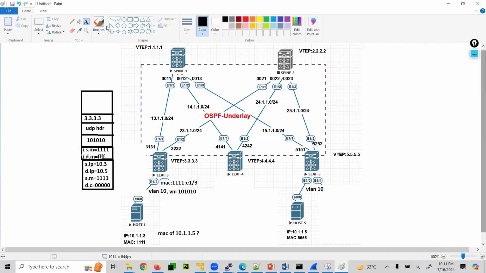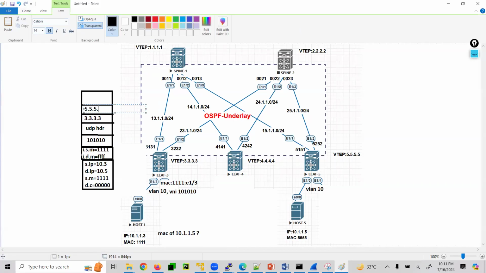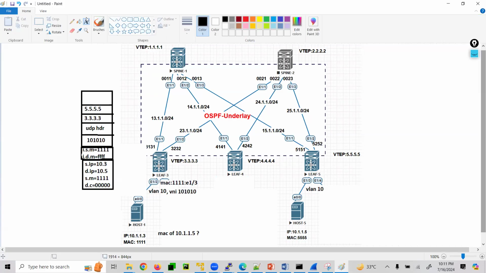Now it is going to add the destination VTEP address. So one copy it will create for leaf 4 and another copy it is going to create for leaf 5. So let's say it is creating it for leaf 5. So destination VTEP address will be 555. Then